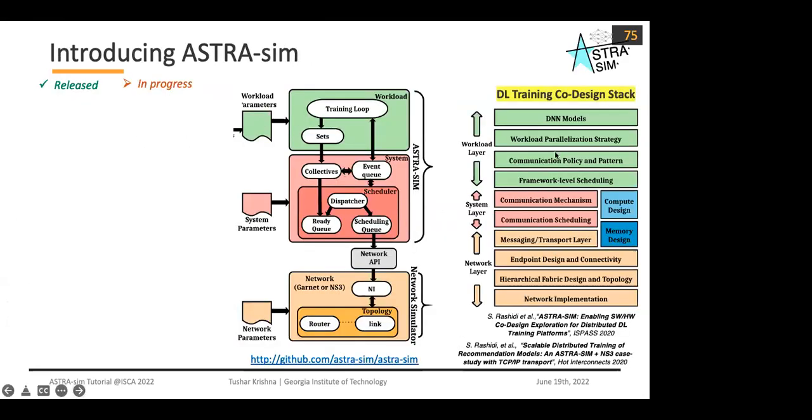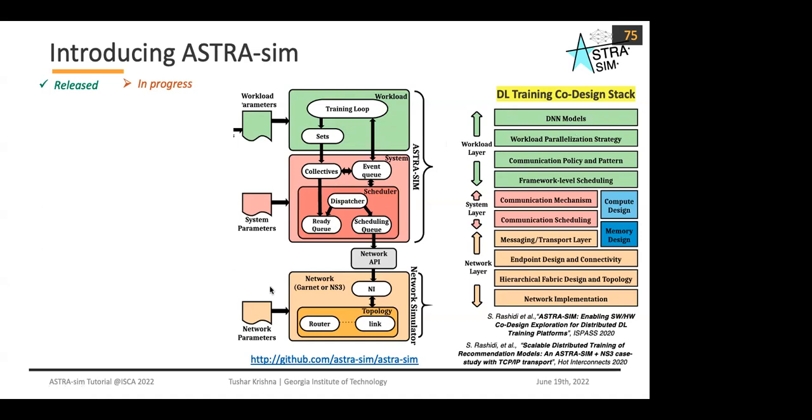So ASTRA-sim essentially takes this co-design stack that I mentioned and implements it. It models these three layers faithfully: the workload layer, system layer, and network layer. The workload layer is where you define a training loop. As I mentioned, the training loop defines the model, the parallelization strategy, and the communication policy together. Then it interfaces with a system layer, which is similar to a library like NCCL, where you manage the actual collectives, which topology or collective algorithm to use,